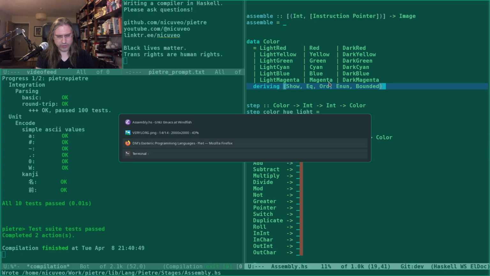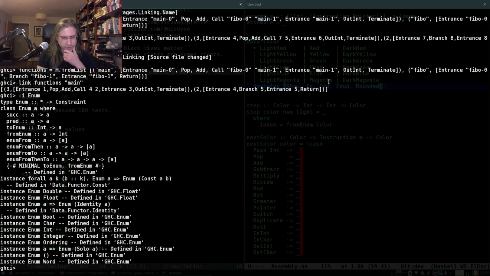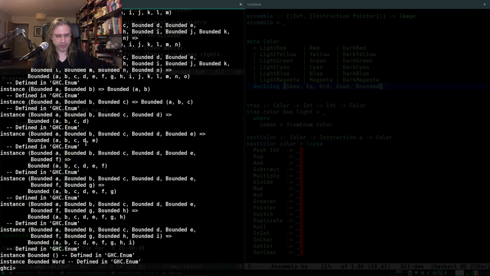Let me actually look at something. If I look at enum, is there a notion of the... No, there is not, but bounded might. Is it just min bound, max bound? It is min bound, max bound.